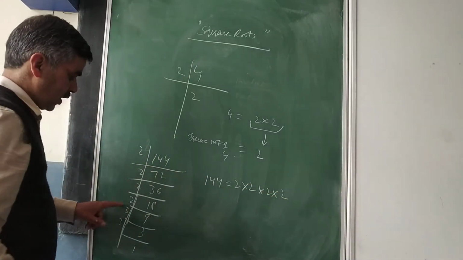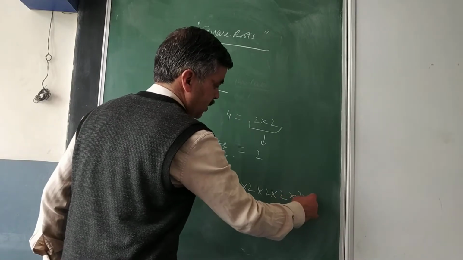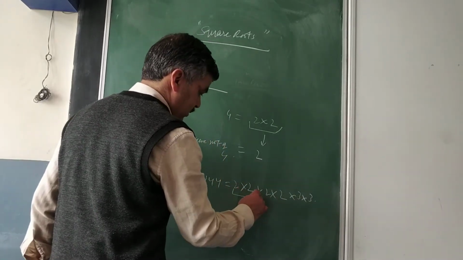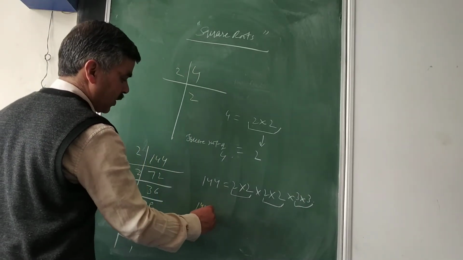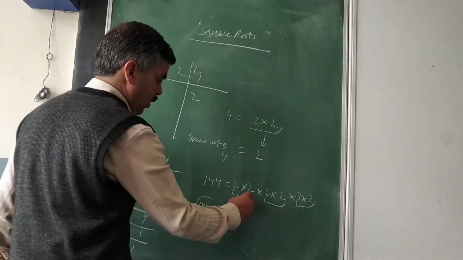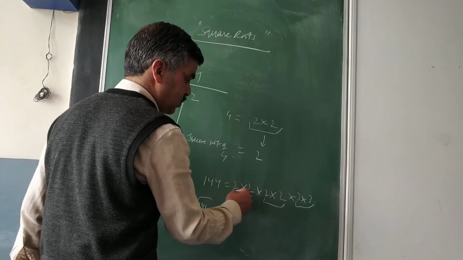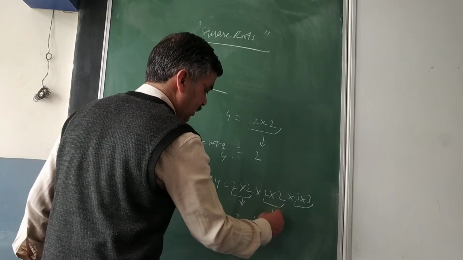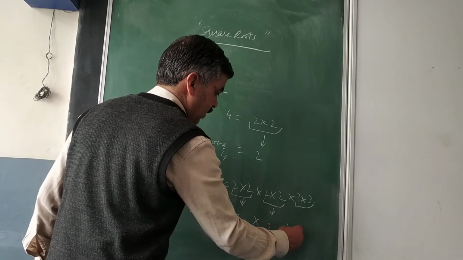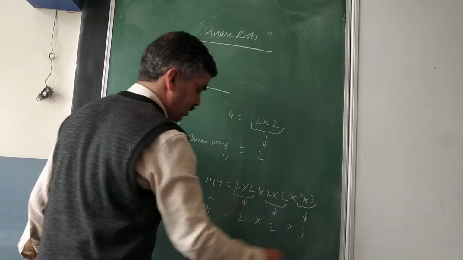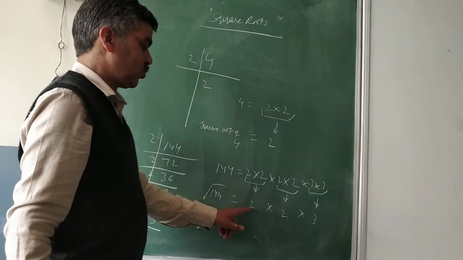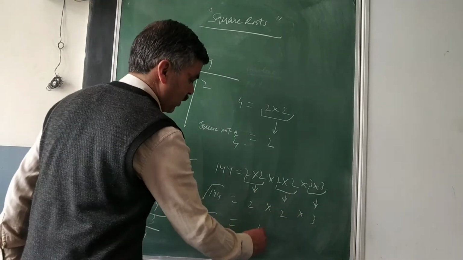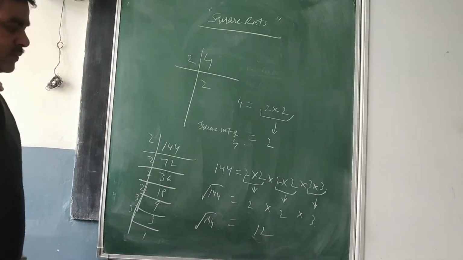1, 2, 3, 4, and 2 times 3 is there. 3 into 3. So write these pairs, and when you are writing the square root of 144 with this symbol, only one 2 will be taken from this pair, only one 2 from this pair, and only one 3 from this pair. So the square root of 144 will be equal to 2 2s are 4, 3s are 12. So the answer will be 12.